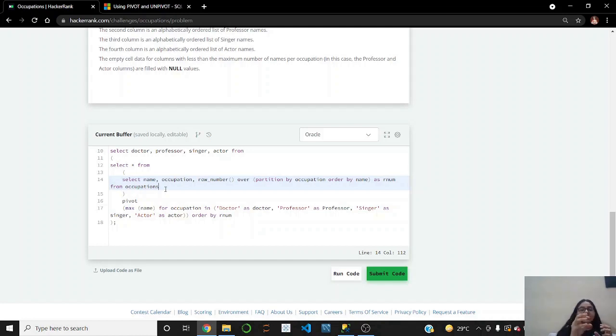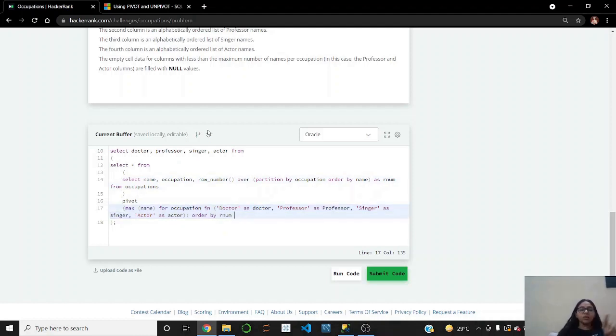With this we want to pivot the name divided by occupation, right? What this query will do is it will have doctor, professor, singer, and actor, and under that you will have the names. This we want to pivot with this. So from all these things, you don't want the row number, you don't want the occupation, you just want the column headers which were produced by this pivot operator, that were doctor, professor, singer, and actor, and under that you had the names, because that is what this pivot query will produce.